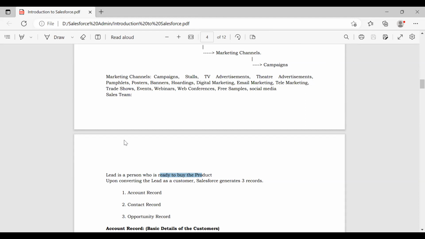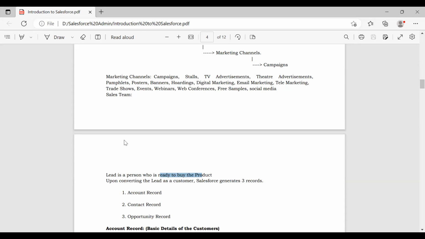They may expect 20-25%, which as a sales manager I may not be in a position to offer. In such a case, in spite of contacting that lead many times, the lead may not get convinced, and we cannot convert that lead into a customer. So a lead is nothing but a person who has just shown interest in our product.